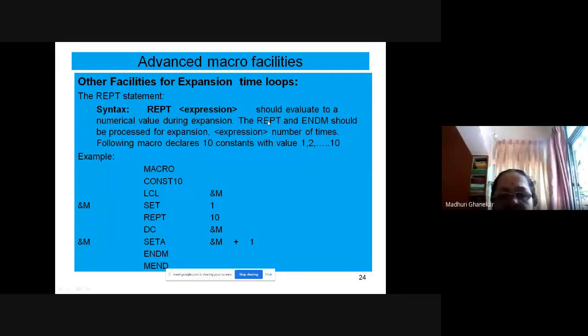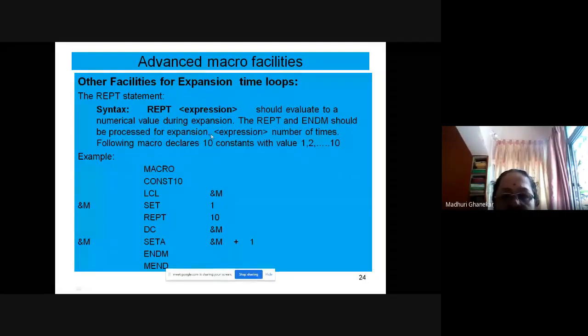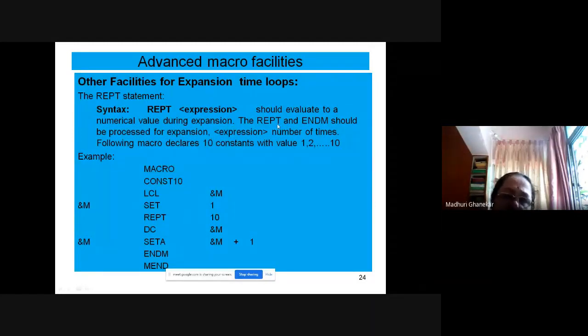The REPT and ENDM should be processed for expansion. REPT is just like certain loops, like do while. You have do at the beginning and while at the end.